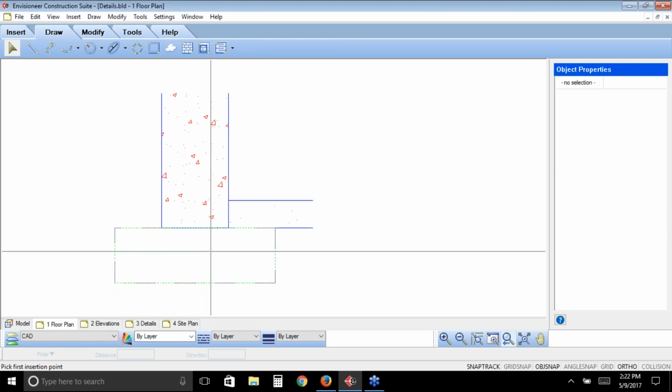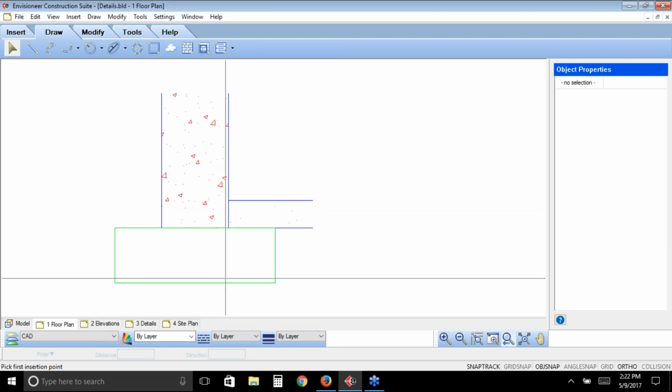Now when I move it into the footing area, you can see that you get that green dashed line. That's our boundary that it's going to form in this area. So I'm going to left click to accept it, and it becomes a solid green line. Now it wants to know, do I have any other areas that I want to hatch? I can pick another insertion point. If this is the only area that I want to use the boundary hatch tool in, I can right click